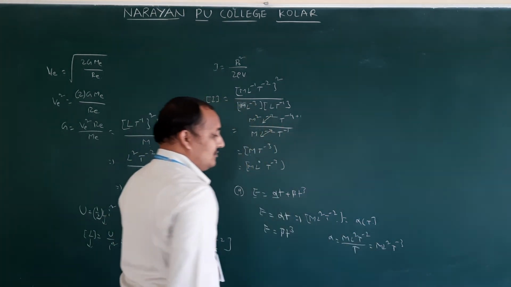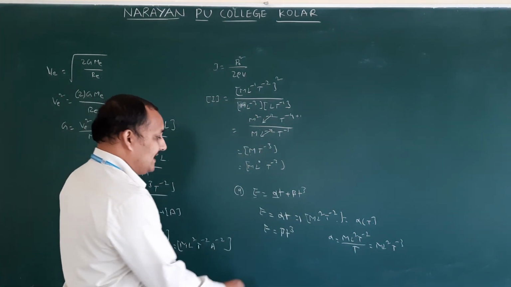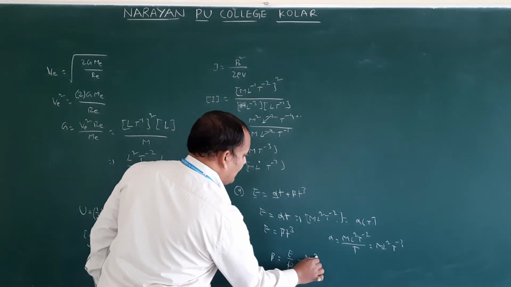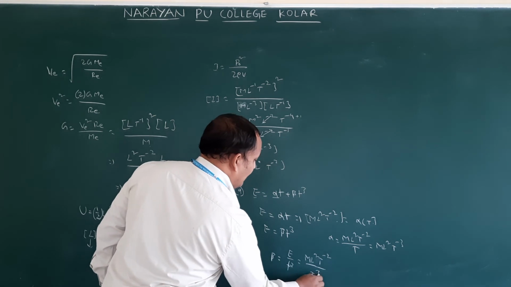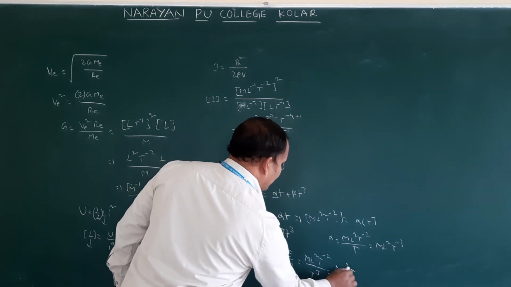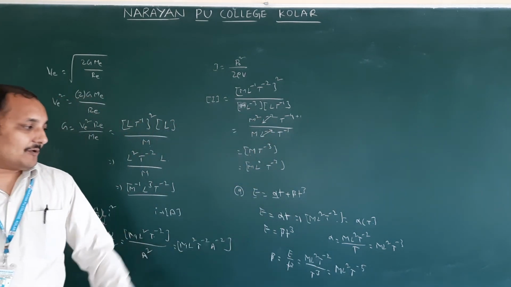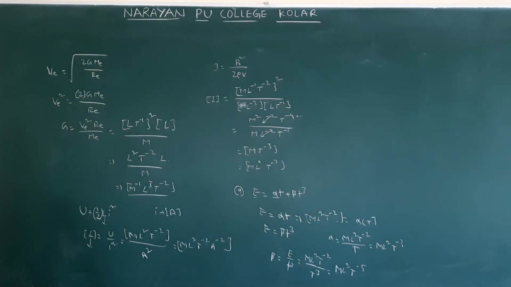This one is going to become numerator, T power minus 1. Next, beta is equal to E by t cube. So M L square T power minus 2 by t cube. So M L square T power minus 2 minus 3, minus 5. So alpha is M L square T power minus 3. Beta is M L square T power minus 5. So which is the option? Option 4 is correct. Okay. Next they give the 10th one. 10th one also same model. The force F is given by F is equal to beta t.